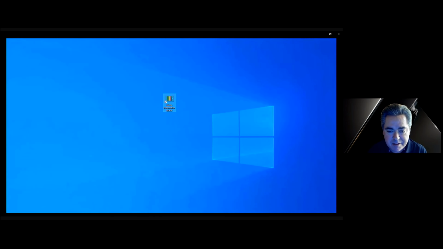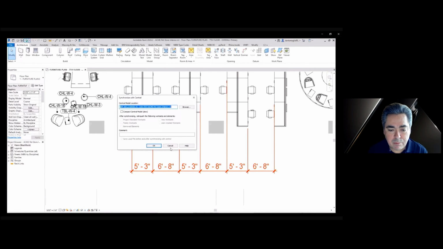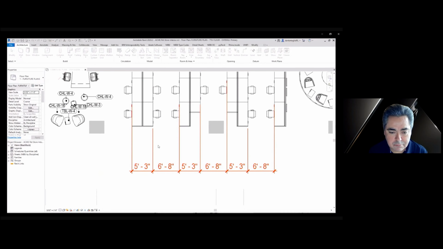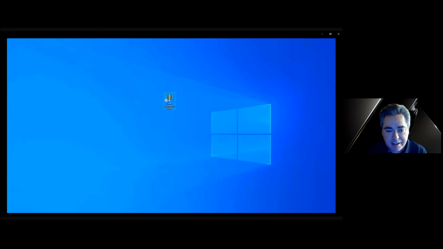The first step to this process, though, is actually to open up Revit. And you need to sync the file because this is actually a BIM 360 model, and we need a local cache file for this to actually work in a BIM 360 model. So after we sync this model, we can close Revit. Now we're going to launch the ID8 automation tool.